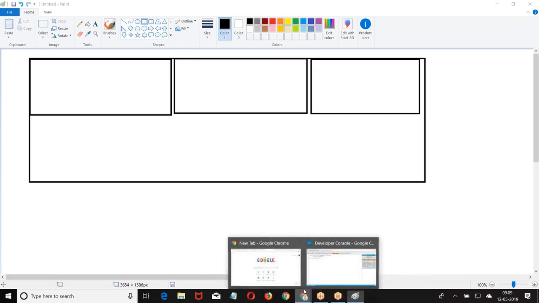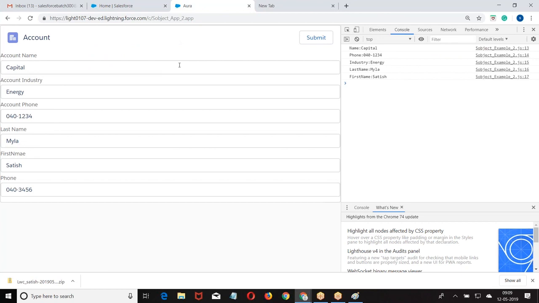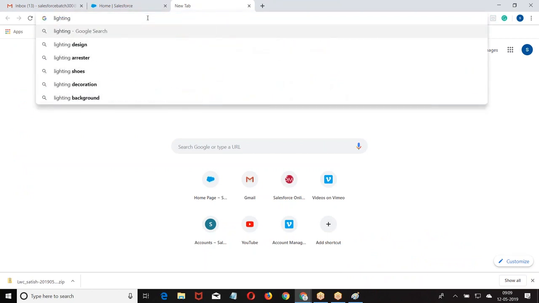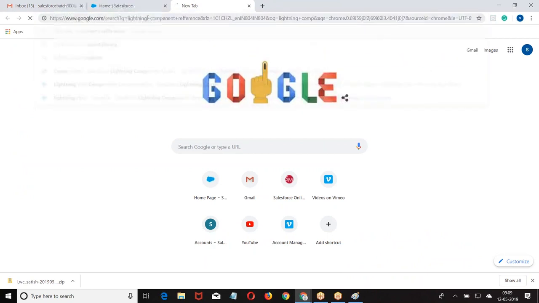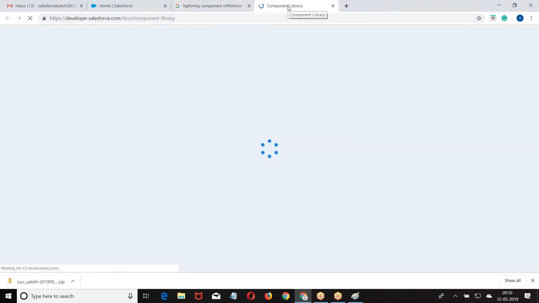Now I don't want to display account and contact data in a single page like this. Account I want on the left, contact I want on the right. Account data, contact data, opportunity data. I want to take them as three different sections. So to handle this, we are going for a concept called lightning layout, lightning layout items.